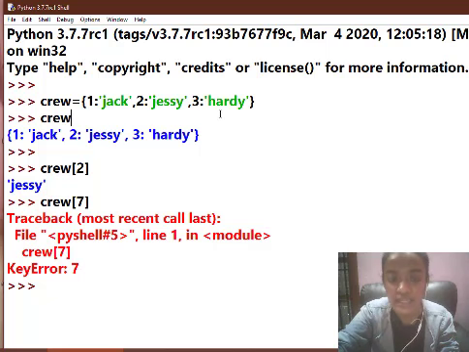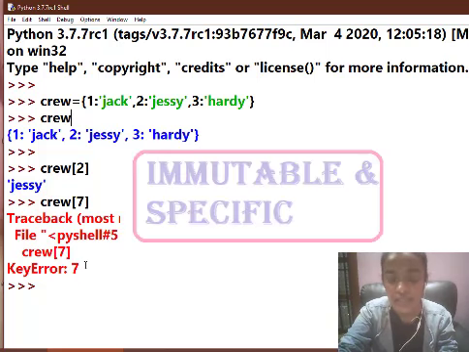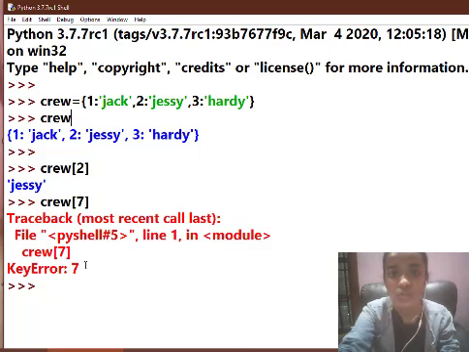We don't have any key which is 7. So obviously Python shows us an error here. And one more thing here is, the key can be of your choice. You can give any key you want, but the only thing is the key should be immutable and unique. That is, you cannot use the same key twice. So the key should be immutable and unique, guys.